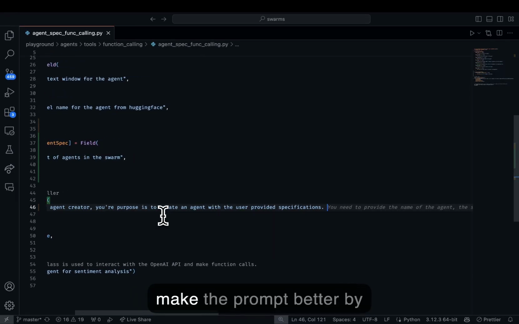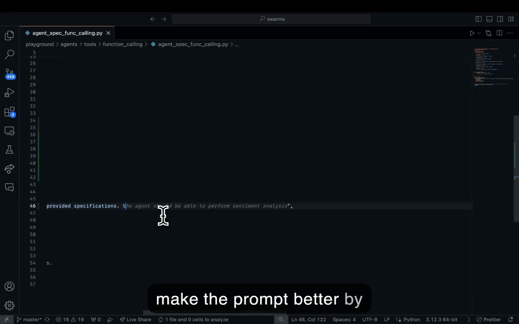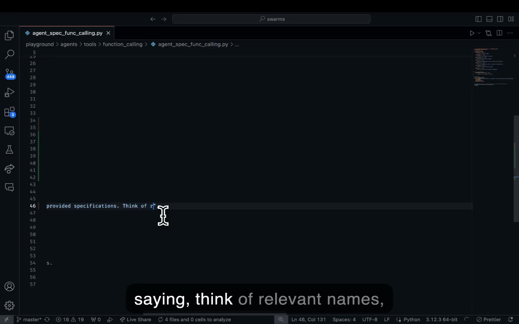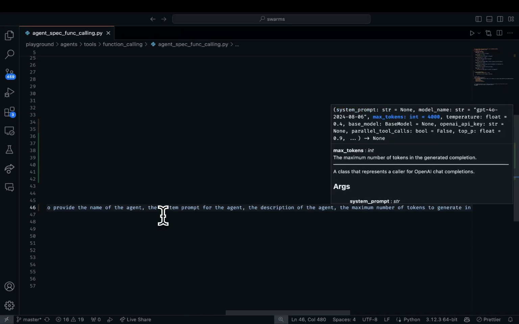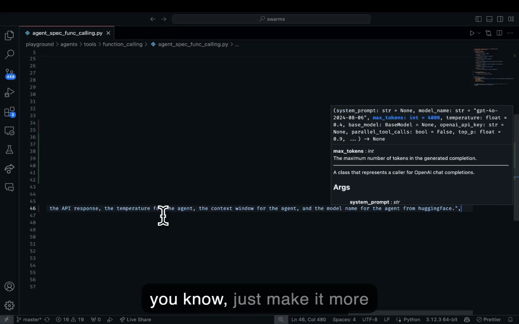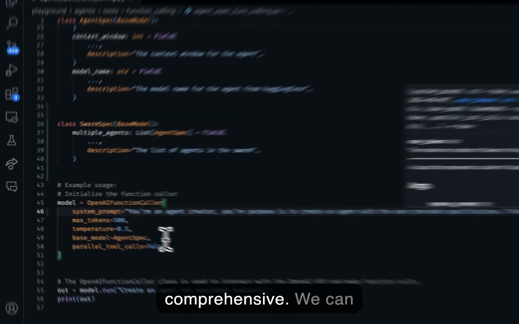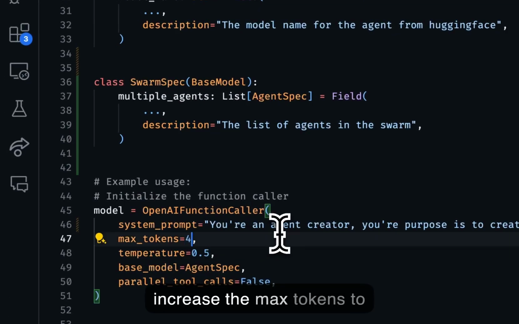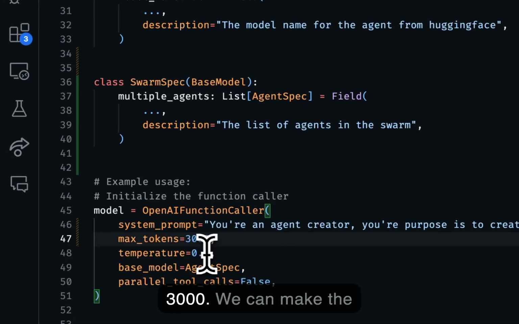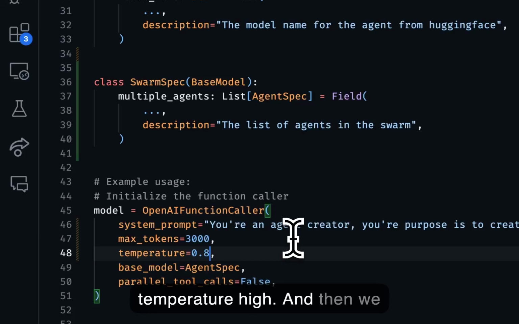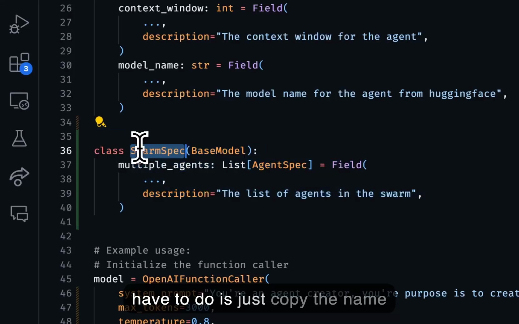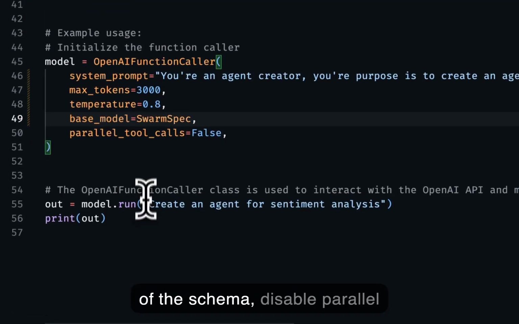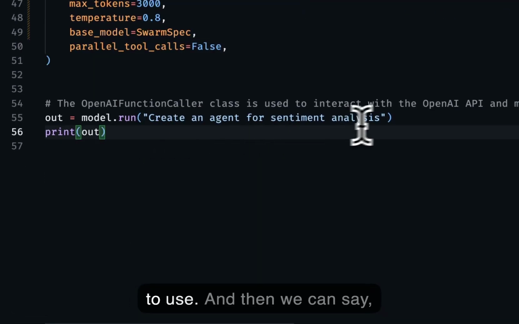We can make the prompt better by saying, think of relevant names, descriptions, and just make it more comprehensive. We can increase the max tokens to 3,000. We can make the temperature high, and then we can put the schema. So all we have to do is just copy the name of the schema, disable parallel tool use, and then